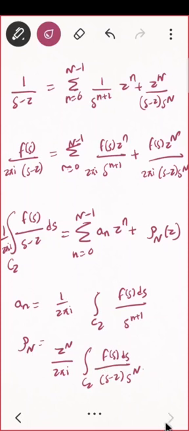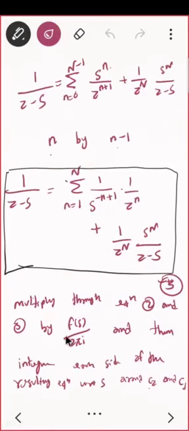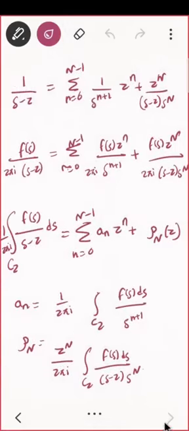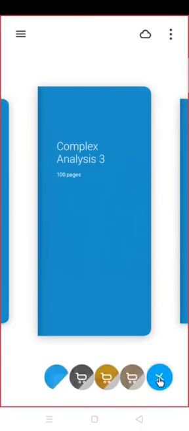My page ends here. So the same thing you have to do for the other one, that is this one. You have to multiply, and then here you will have 1 upon s raised to n minus 1. So that will be your bn. This part will be bn, and the other part you can call sigma n of z. Okay, let me write it by taking a new page.